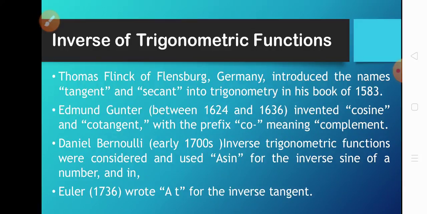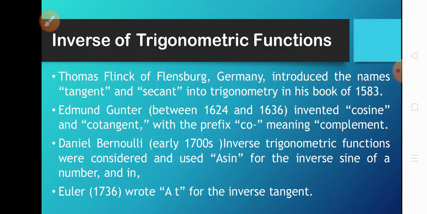Thomas Fincke of Flensburg, Germany introduced the names tangent and secant into trigonometry in his book of 1583. Edmund Gunter, between 1624 and 1636, invented cosine and cotangent with the prefix co meaning complement. Daniel Bernoulli, early